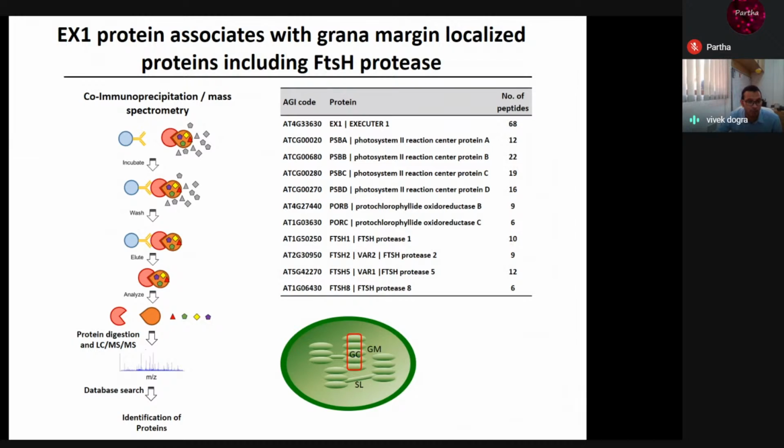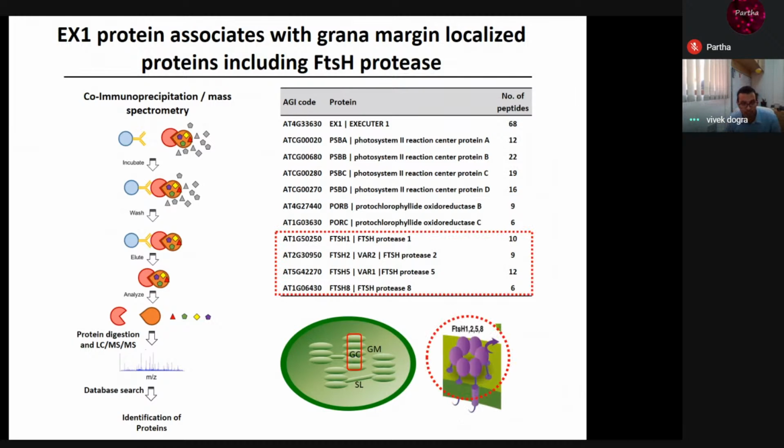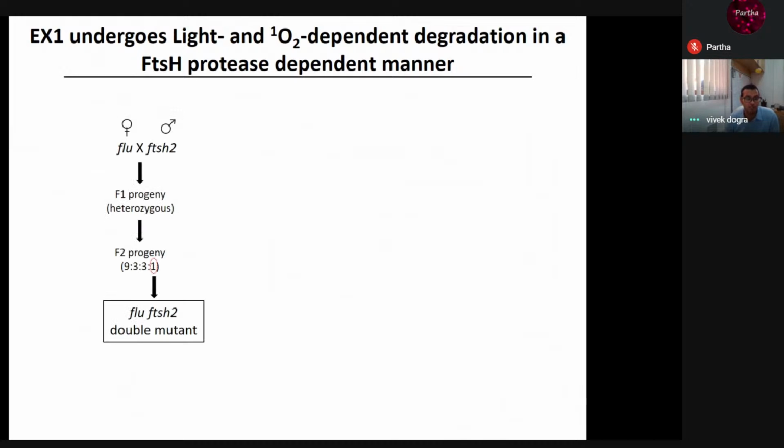And at the same time, it was also interacting with FTSH protease. FTSH protease is composed of 4 subunits: FTSH 1, 2, 5, and 8. And this EX1 was interacting with all of these proteins. So this was very interesting. Now, what we thought was, if FTSH was the protease with which